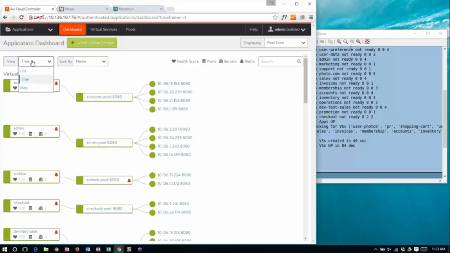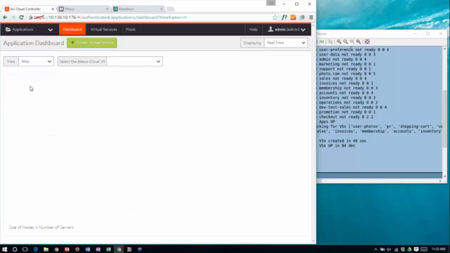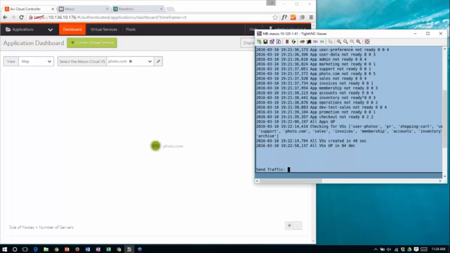Perfect. Before we do that, let's go ahead and go into what we call a map view. And the map view really captures the overall communication between the clusters. So we know we deployed the photo.com app. So I'm going to go to the root of the tree, the north-south portion. So when I go to photo.com, where does the request land? It lands on photo.com, the first microservice. This is the UI portion. And then photo.com in turn goes back and talks to a number of other services to generate the content that are requested. So let's go ahead and do that.